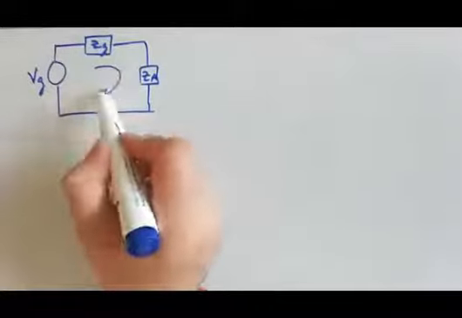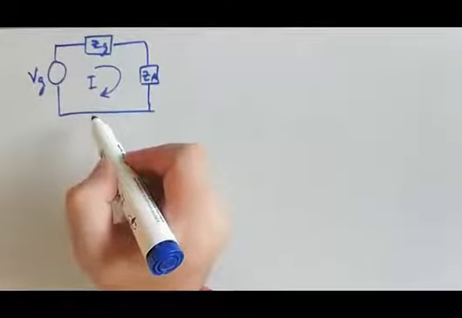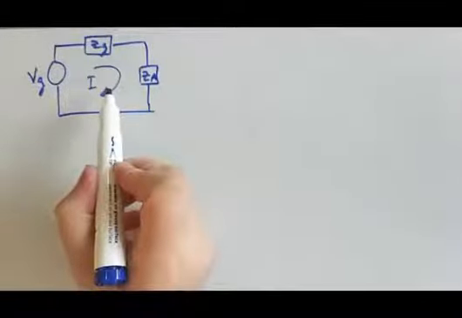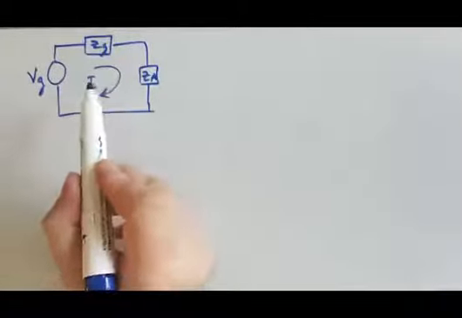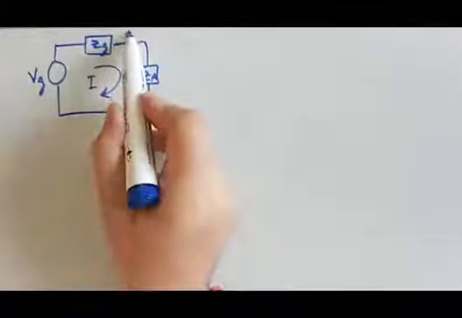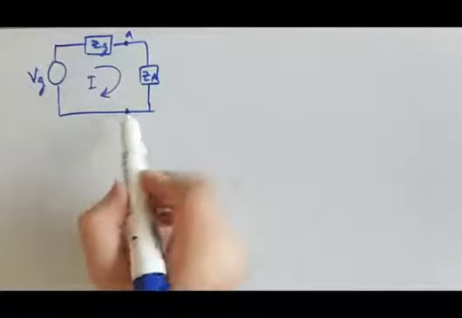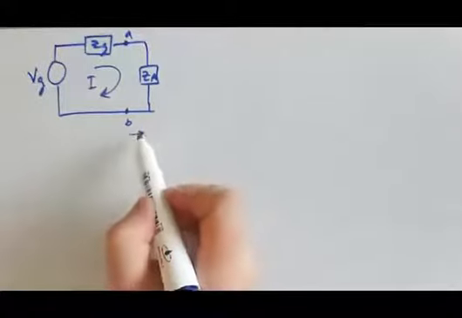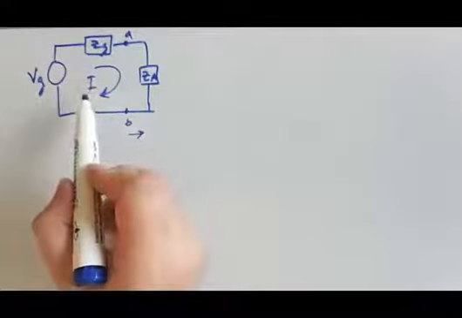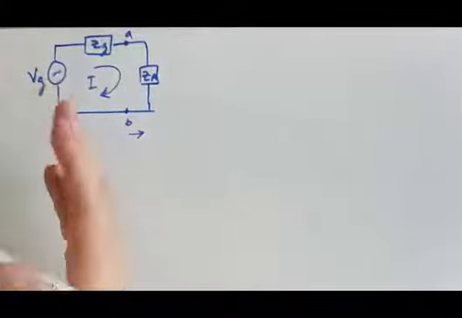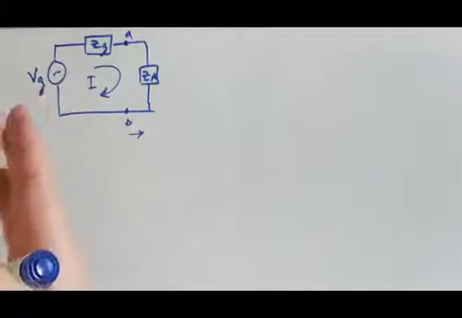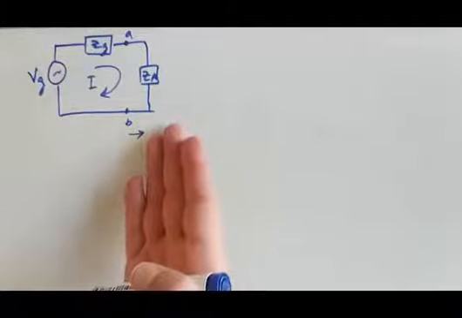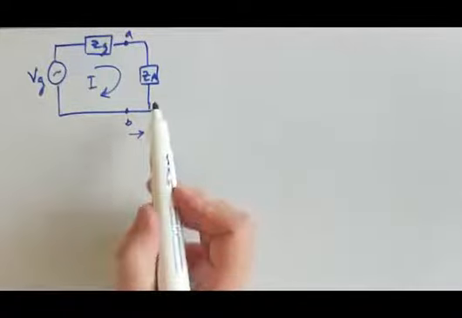Now looking at this, where the current I is flowing through it, point A and point B show the antenna terminals; from this side the antenna starts. If you want to maximally transfer the power from the source to the load, where the load in this case is my antenna,